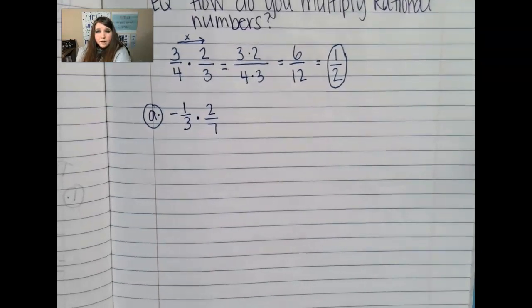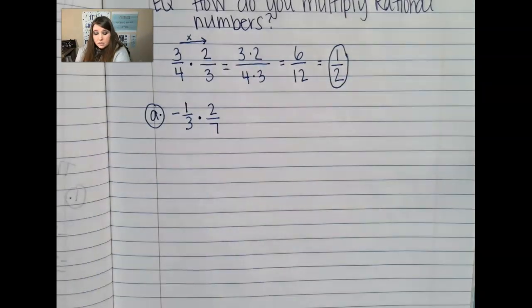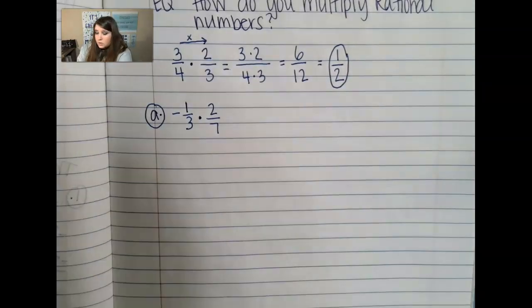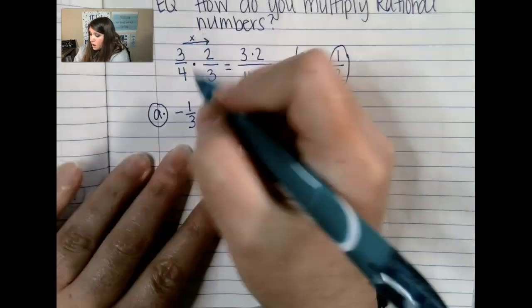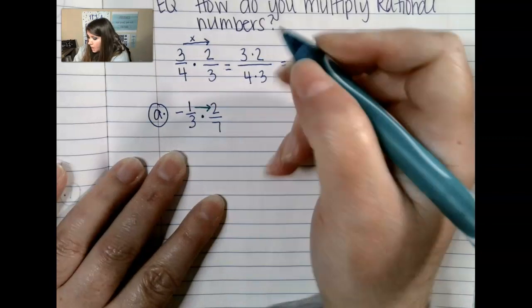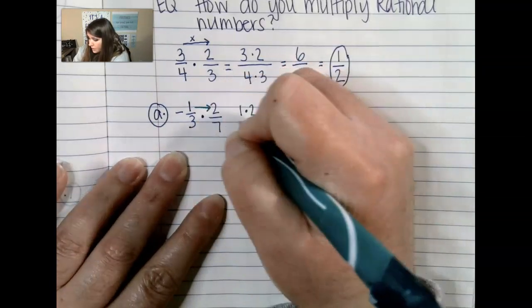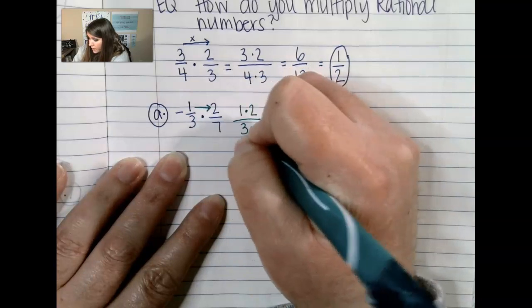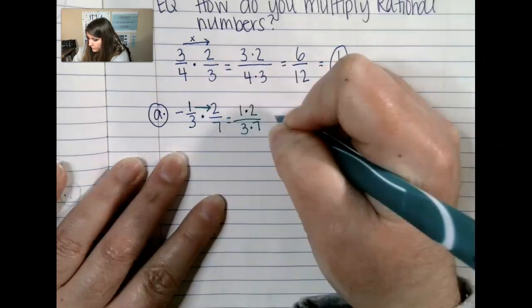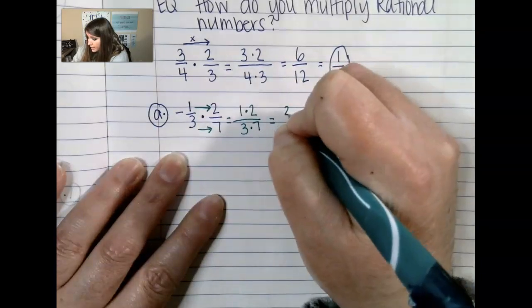So I have -1/3 times 2/7. Well, let's start first by multiplying just straight across. We have 1 times 2, and we have 3 times 7. So we're just multiplying straight across. That gives us